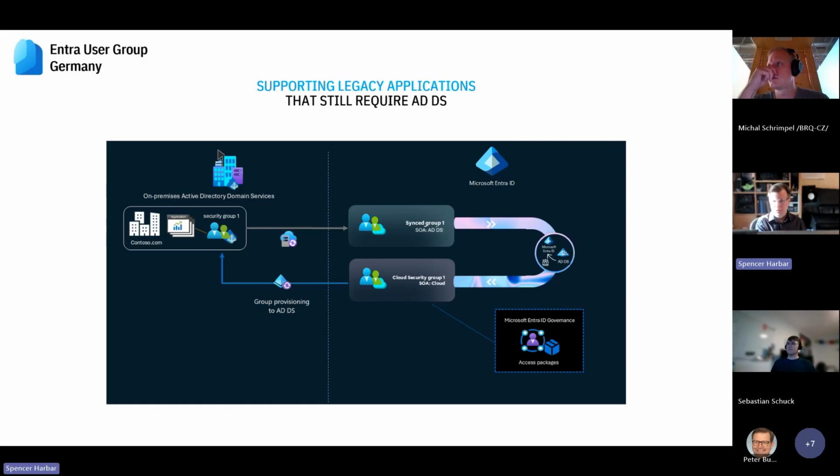So we do group provisioning to AD on-prem, as well as have the source of authority in the cloud. This is kind of the middle ground, which gets us toward the end state, but we've also still got our capability for our line of business system. When we get rid of that line of business system, or it becomes end of life or similar, then we can move to